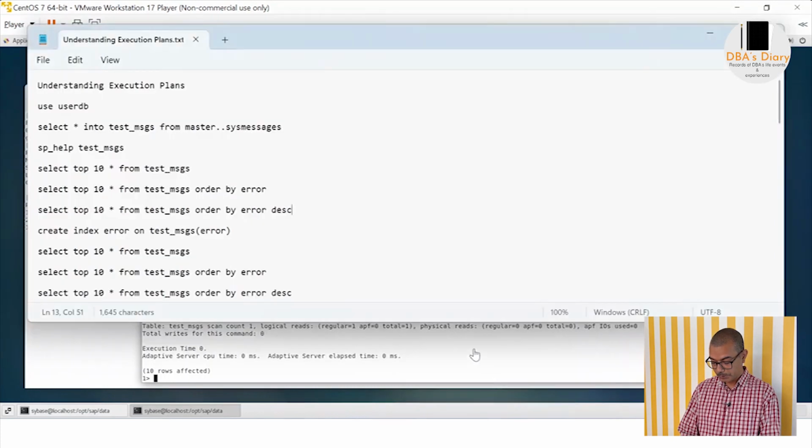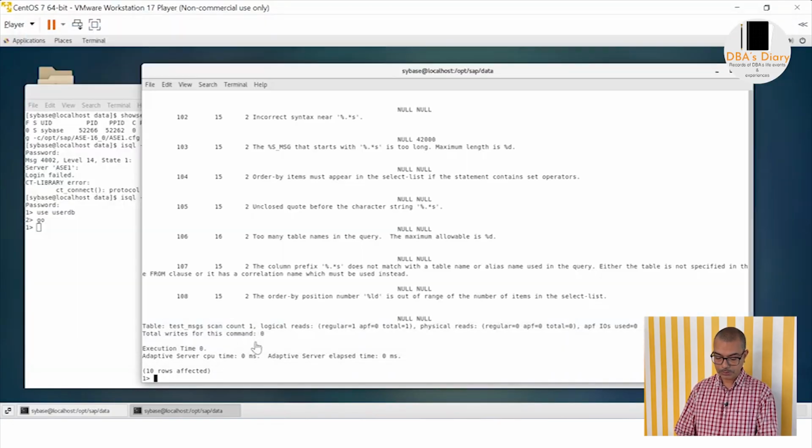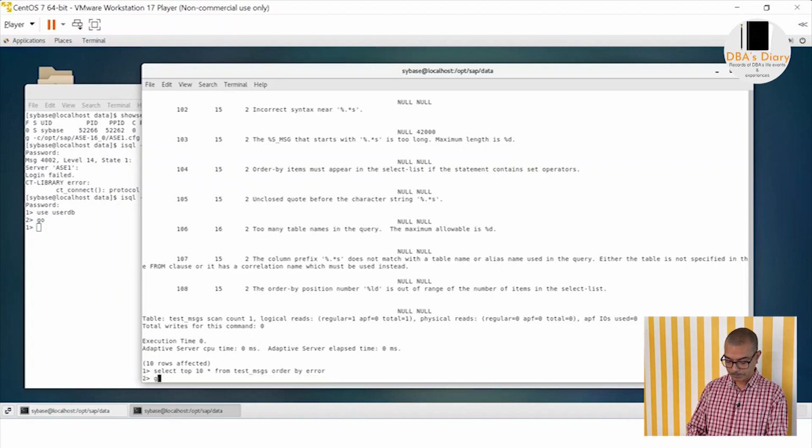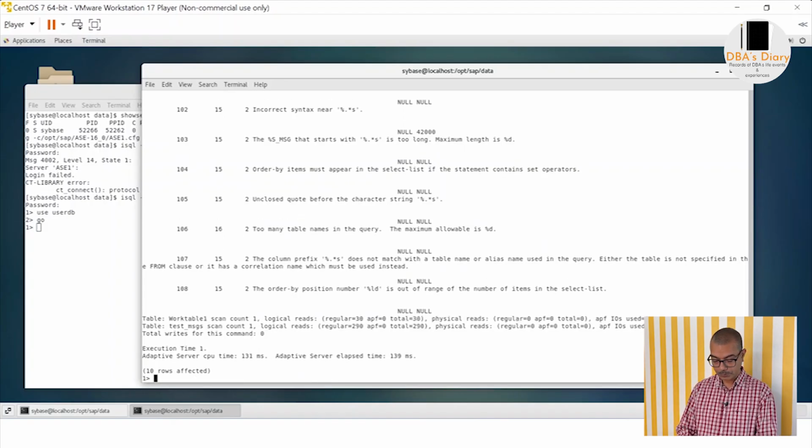So now what we'll do is we'll give some extra work for the optimizer. So we'll say order by error, even though it is already doing the order, but we will mention that separately, order by error. Okay. So now if you see, since we have set order by one specific column,